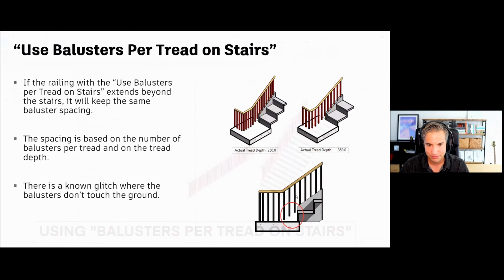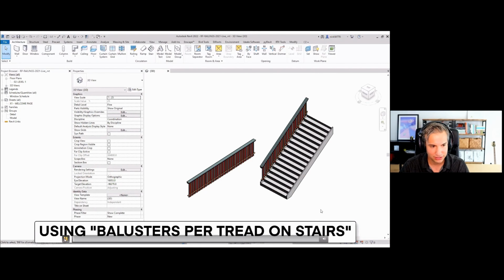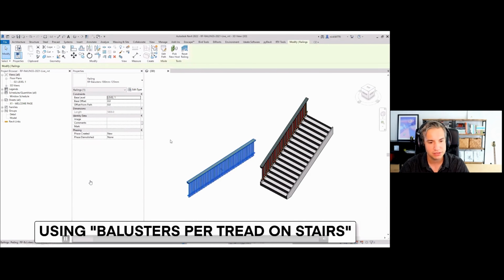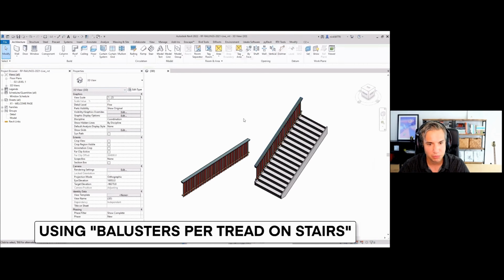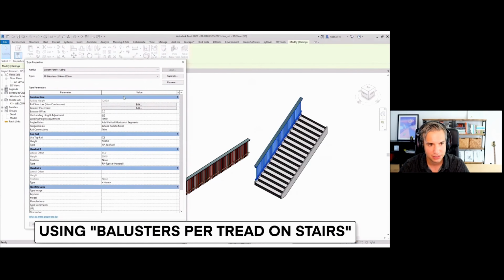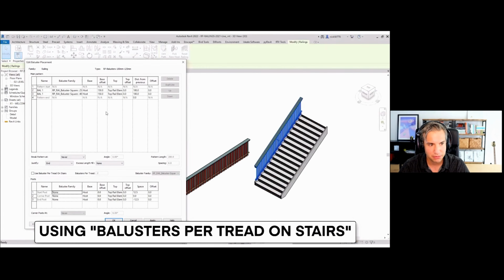All right, so let's have a look at this video, using balusters per tread on stairs. You can see both these railings are using the same type. But if we go to the baluster placement and check the use balusters per tread option, click on OK,